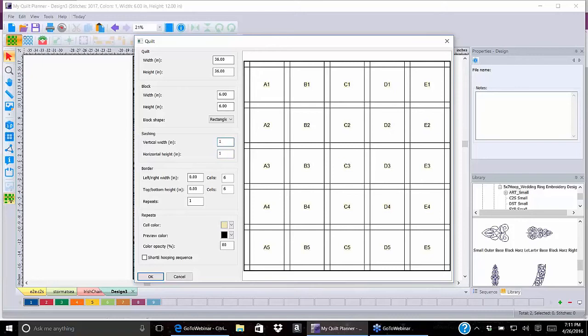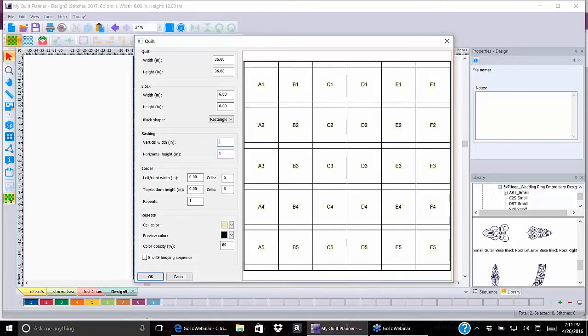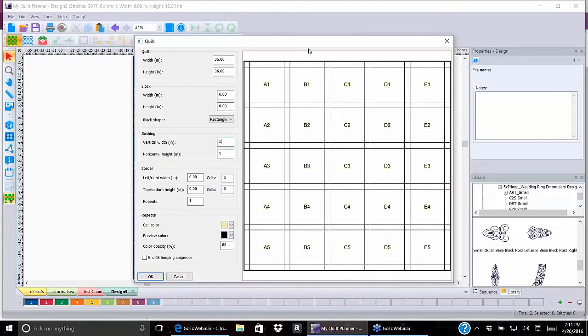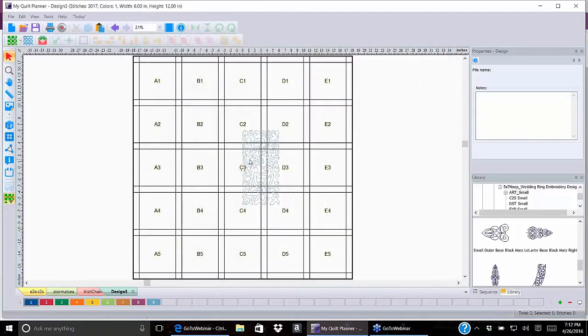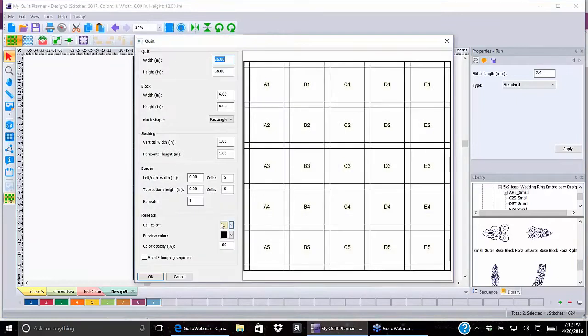Let's do 2 here. You'll notice I'm not filling out my entire quilt there. So let's go back to 1 and say OK. And here's our quilt. And I'm just going to, oh, we've got to go back and add color to it. I forgot to do that. So let's do the same color in all of these blocks. Since we'll have some contrast with the borders in the corners, or the sashing in the corners, and we'll click